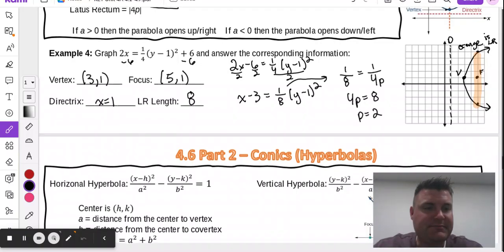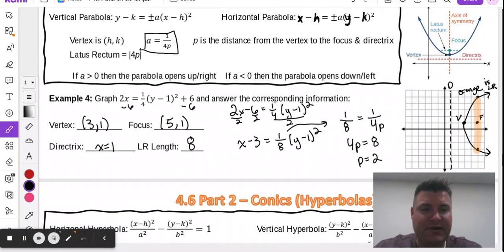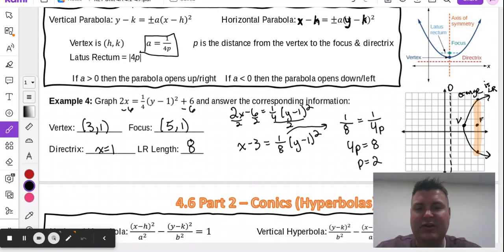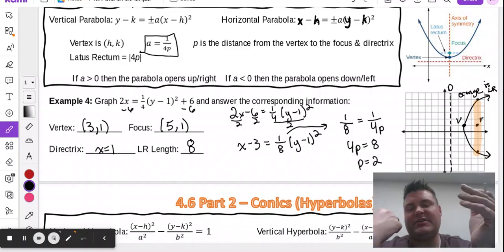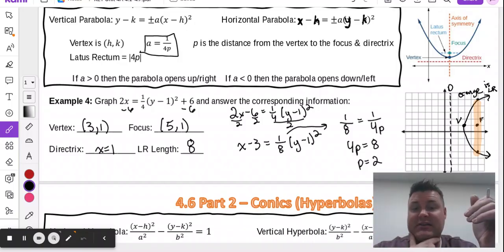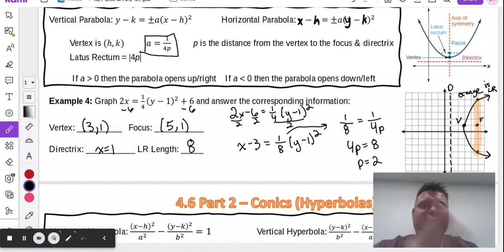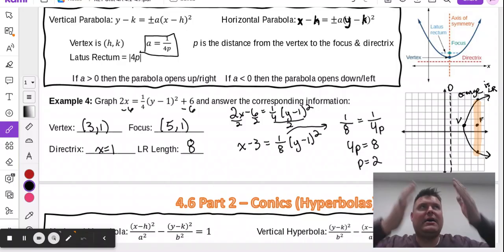There is everything. Dipping our toe a little bit with the parabola here, but just kind of go through everything. I know the parabola can be a little bit confusing, but find the vertex first. Super easy to do. Find your p-value. From there, get your focus. Your focus is always going to open to the right or up or down or left, whatever the equation tells us. Directrix is the opposite direction. Latus rectum is going to be that 4 times p. And then we would use that to represent the distance from the focus going up and down or left and right, depending if it's a